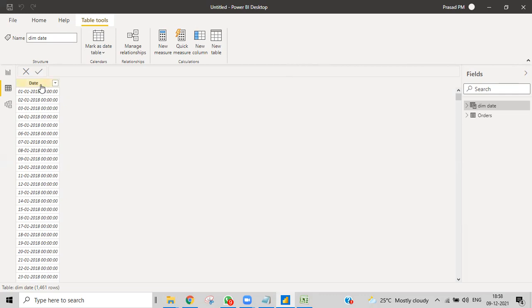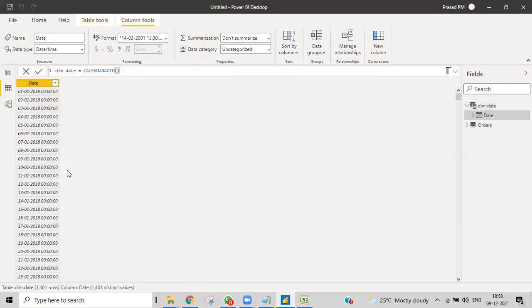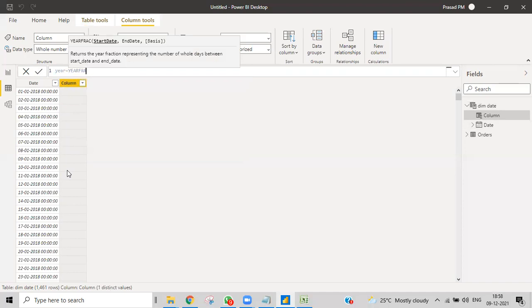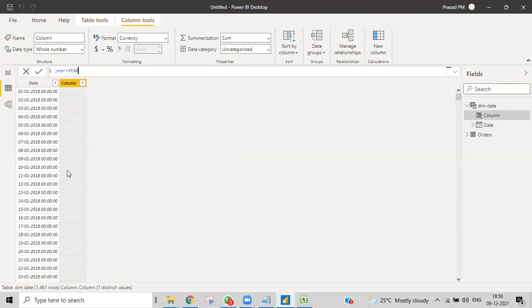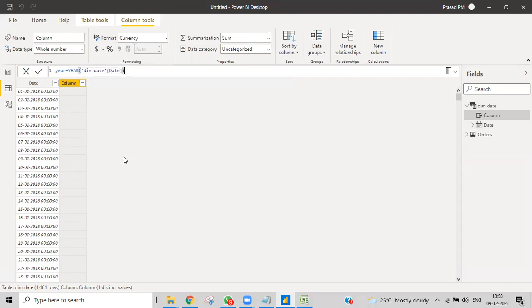And then a recap of some of the functions from yesterday. I'm just going to create them faster. Some columns, like the year column: YEAR equals YEAR of a particular date. I want to take the date from dim date, and then close that one, and I'll get a year.